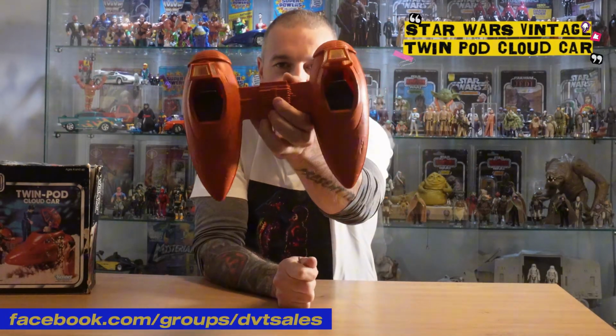When you park it up, it stands nicely, and then it's got two cockpits that pivot open. Very prone to yellowing, that glass, which is actually plastic. The plastic cockpit screen is very prone. This one's quite yellow too. It's got a couple of stickers for the controls on the inside, the control arm, and a couple of stickers front and back, exhaust and engine. So, like I said, look, it's pretty